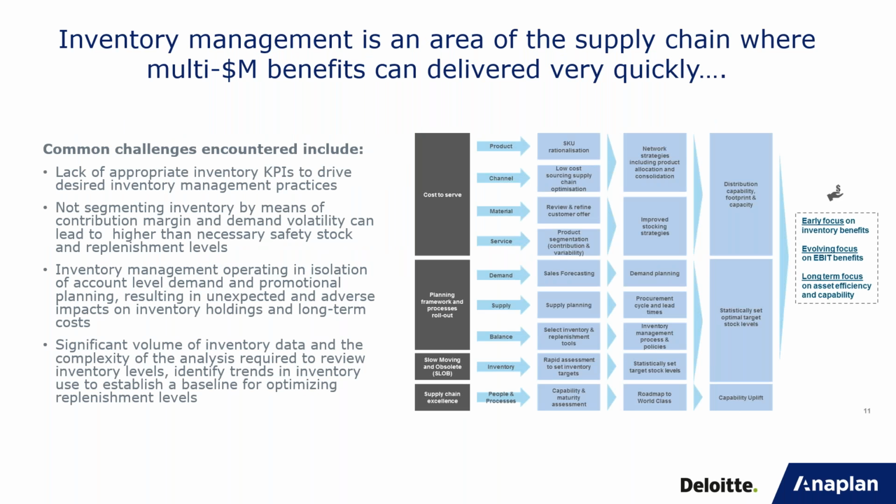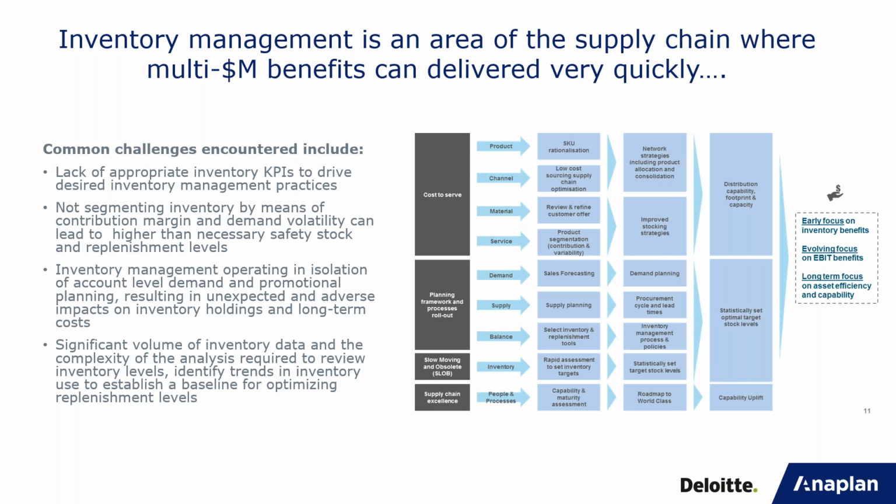So using the Fletcher building as an example, we're trying to call out some of probably the common challenges that we found there, as well as the common challenges we found at some of our clients subsequently. If we're looking at how we manage those challenges, the key outputs we're really looking for is an early focus on inventory benefits, freeing up that working capital,